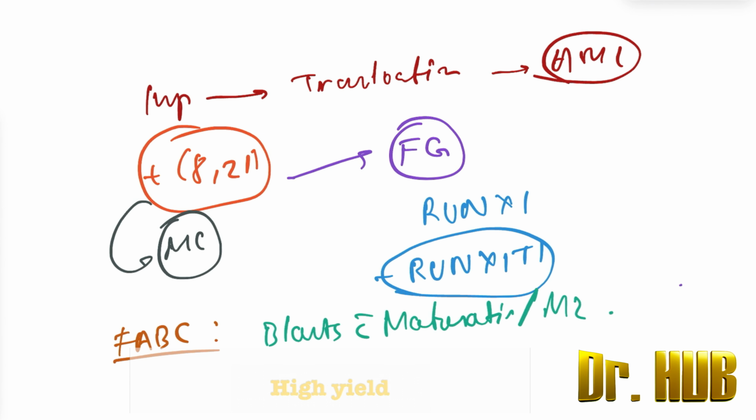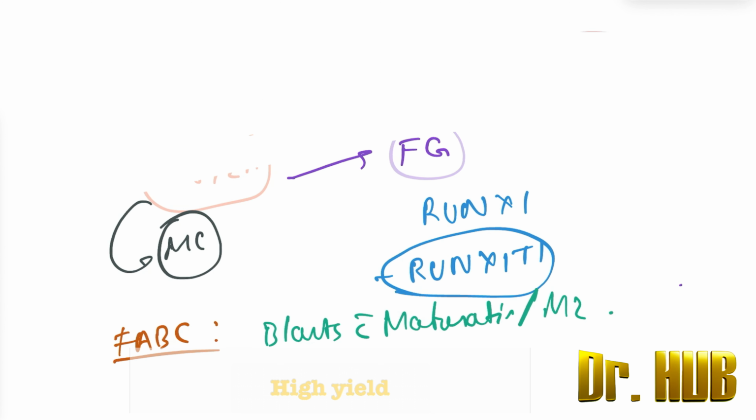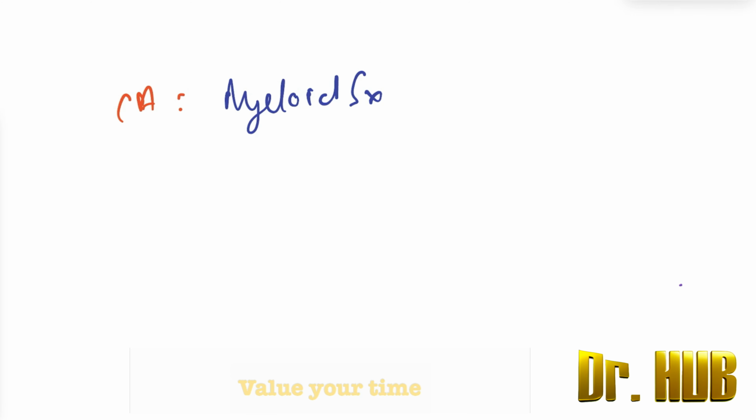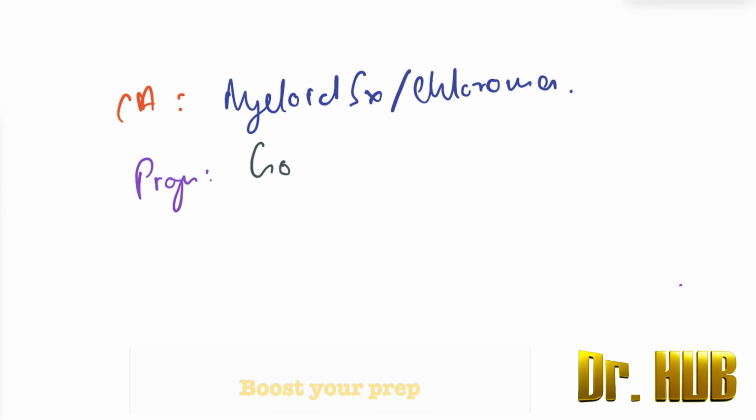Next we are going to look at the clinical associations. What are the clinical associations with the T(8;21)? This includes myeloid sarcoma as well as chloroma. Next we are looking at the prognosis. What about the prognosis in case of T(8;21)? The prognosis is very good. Next we move on to the